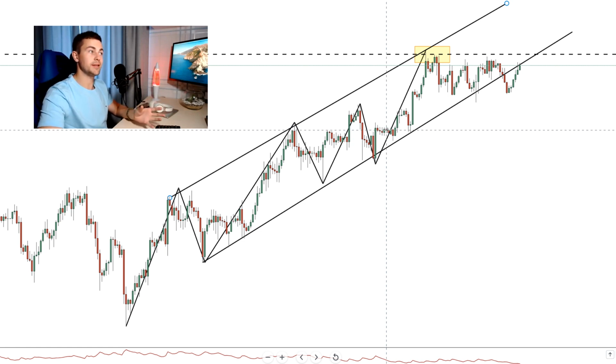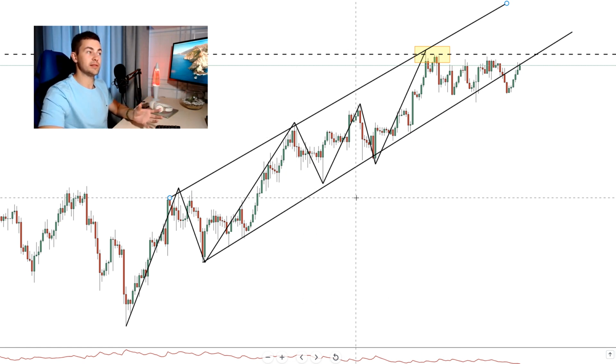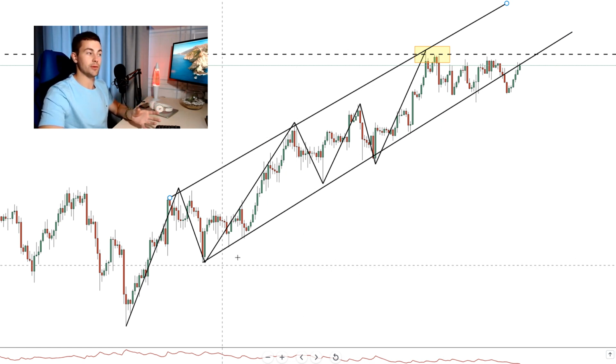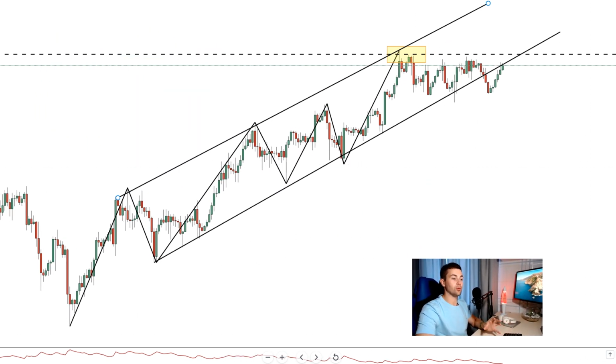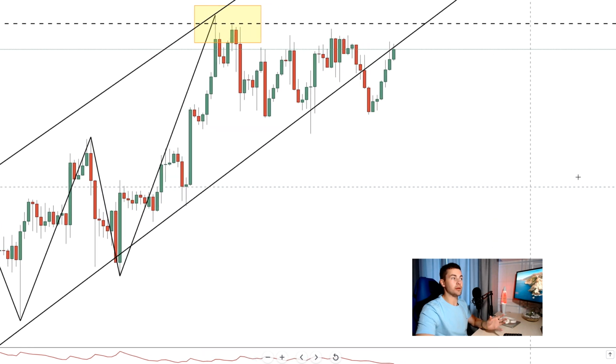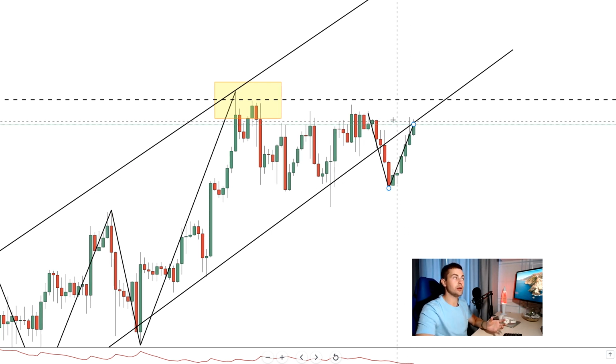So clearly here we have the rising channel. The market is trading in a rising channel, and it successfully respects its boundaries, with many touches. And what happened on Friday, and I think even on Thursday, you can see that the market right now is trading below the support of the channel. So the market has violated this support of the channel to the downside, and now we are retesting that.